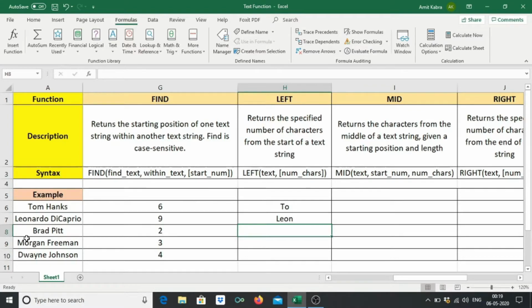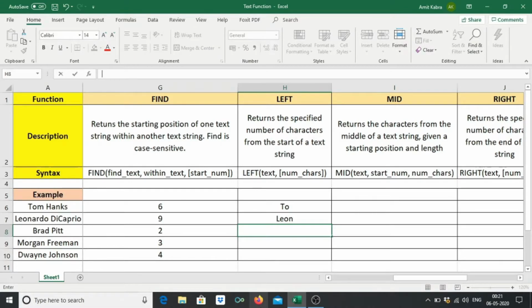Here, there will be a combination of LEFT and FIND functions. So, it will be equal to LEFT, bracket, Brad Pitt, comma. Now you can see the blank is between name and surname, so we will find the blank. So it will be FIND blank in Brad Pitt, bracket close.